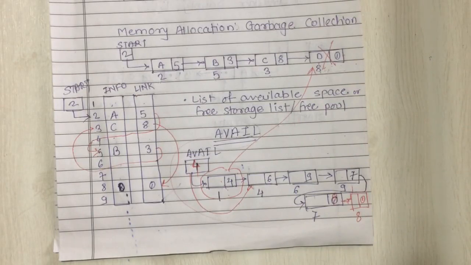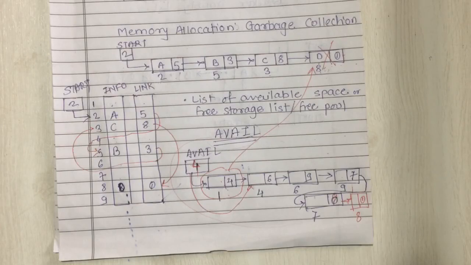There is an alternative way. What is that alternative way? The operating system of the computer may periodically collect all the deleted space onto the free storage. Remember, it periodically collects all the deleted space onto the free storage list, and this process is called garbage collection.